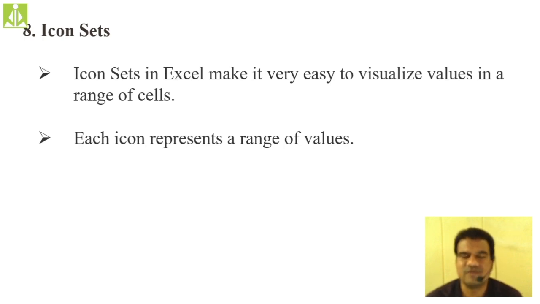So we have to show them with an upward arrow mark, a positive arrow mark. If they are below 30, below 20 something, the student has failed, isn't it? Then we have to show him with a downward arrow mark. Then if the student has average marks like 40 to 60, near 50 or 60, we have to show him with a right-hand side arrow mark. So neither good nor bad, average we can say. Likewise, these icon sets are helpful in visualizing the data, or in representing the data inside your Excel document.